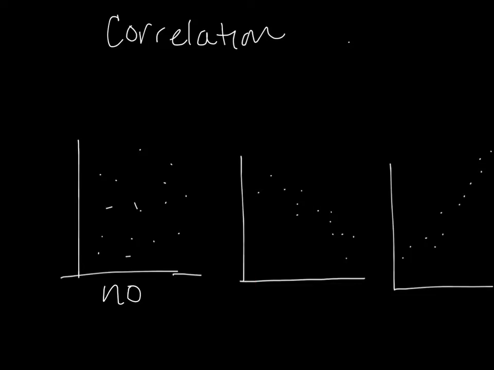Okay, this next one you'll see where the dots are going down. Okay, this means that as whatever's on this line is getting bigger, this value is getting smaller. Okay, so an example for that would be the number of hours I go shopping and the amount of money in my pocket. Okay, so the idea is the more I go shopping, the less money I'm going to have, so it'll be